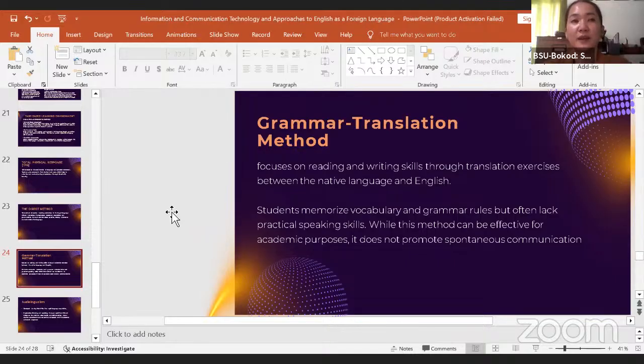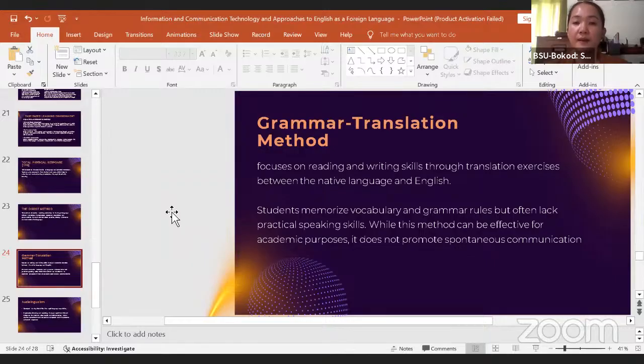Here, the students tend to memorize vocabulary and grammar rules without practical use, and it lacks practical speaking skills. While this method can be effective for academic purposes, it does not promote spontaneous communication. This is one of the challenges of the grammar translation method.